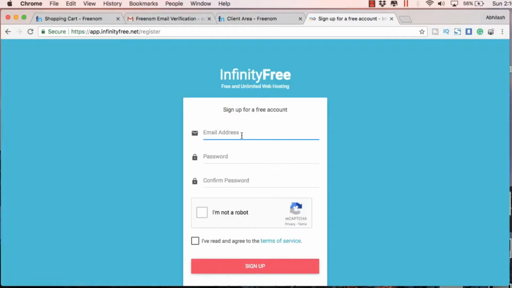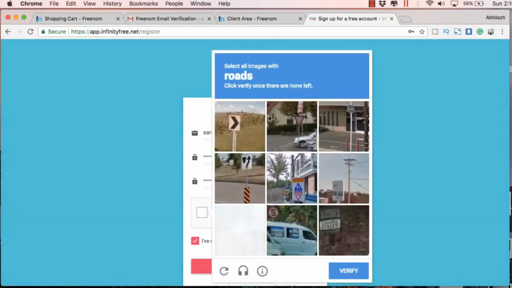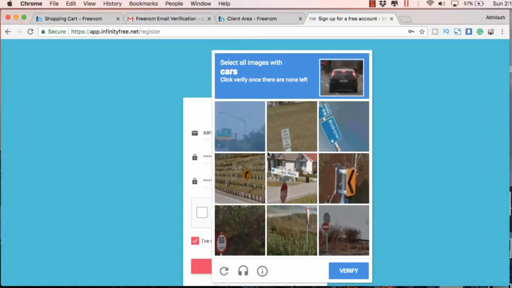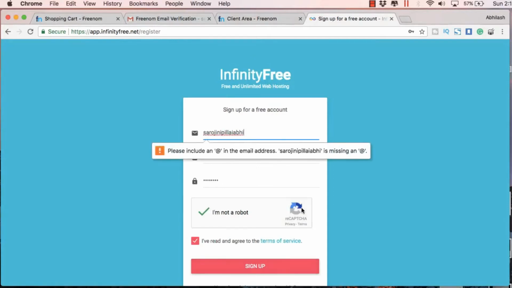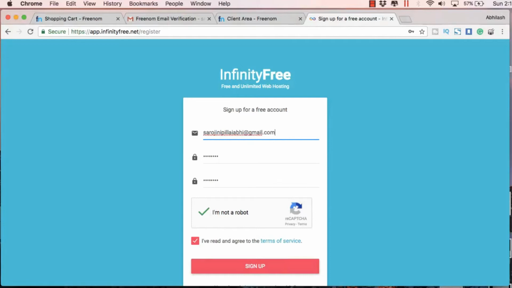So you just sign up here. So this is one of the sites which provides free hosting. There are several of the websites. Just complete this image verification process, and I missed the full email ID. So let's sign in,